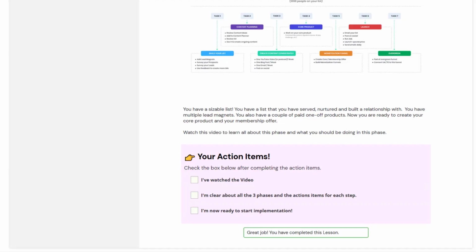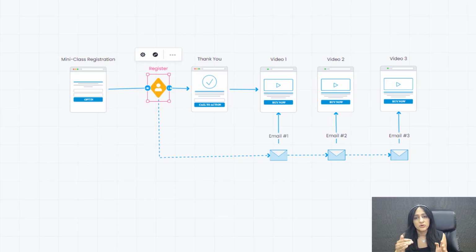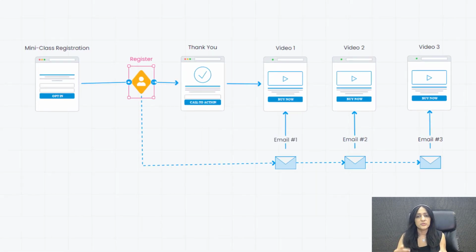So I'll take you behind the scenes of this challenge to show you how I have gamified the whole experience and how you can do the same. I'm also going to show you how you can build an engaging, gamified membership dashboard where your members would want to keep coming back for more. I'm also going to show you how you can set up a follow-up sequence, a follow-up campaign, so that you can use a quiz to segment your audience and you can tag them. And then you can use the follow-up sequence to nurture your audience, to nurture your list, where ultimately when you send them an offer, they will not hesitate to buy from you.